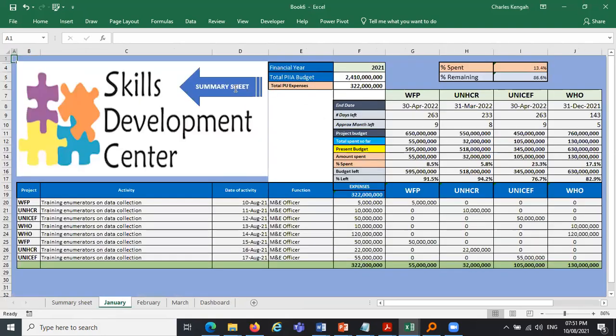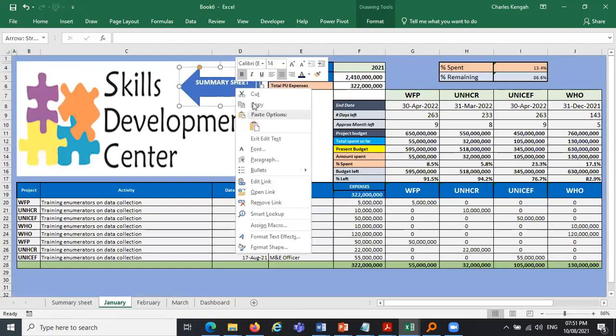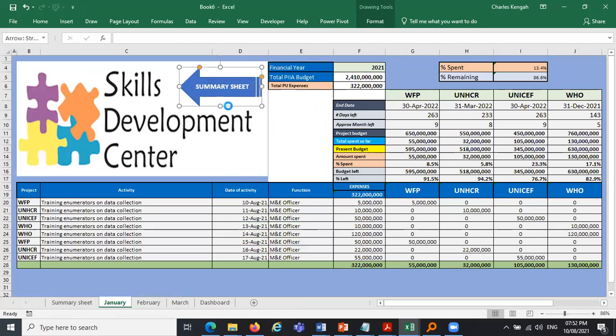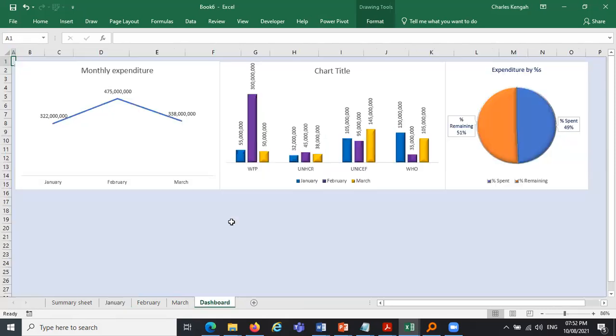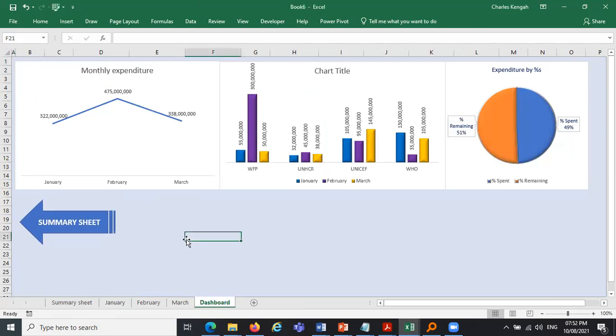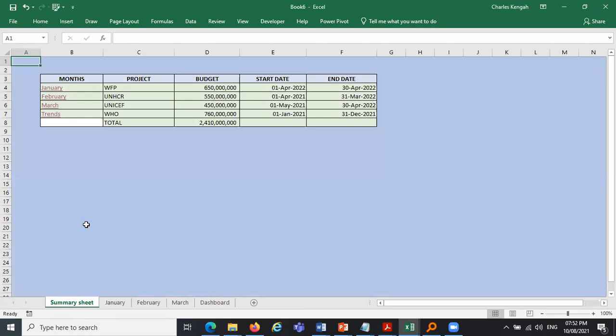You can always copy back this, copy this link. You can copy it, you come to a dashboard, you paste. You don't need to do anything because it's already linked to the summary sheet. So if you click here, it will take you to the summary sheet, just like that. So you see that's how to make a tracker that tracks your expenses,